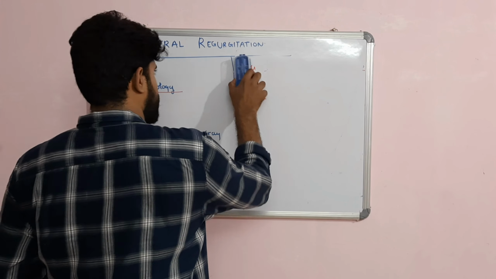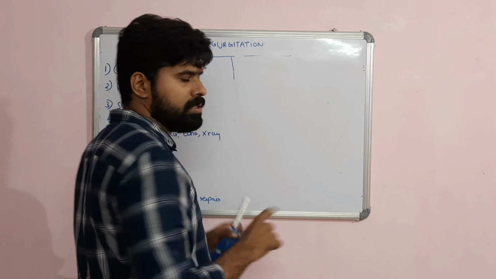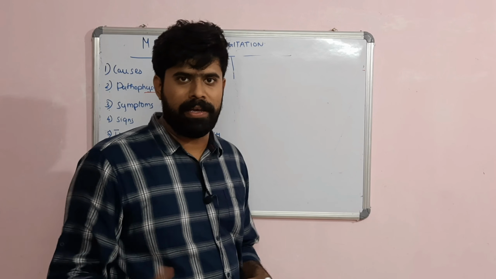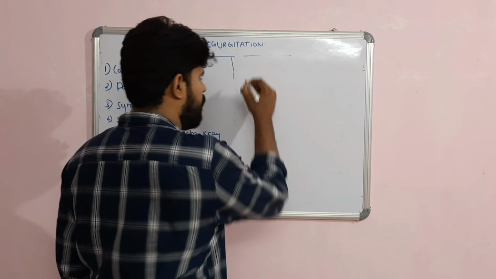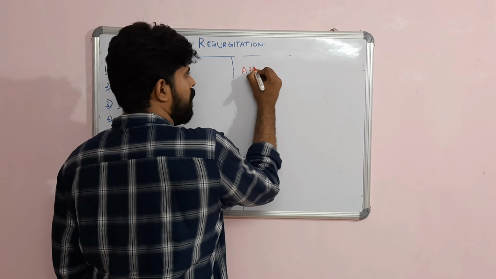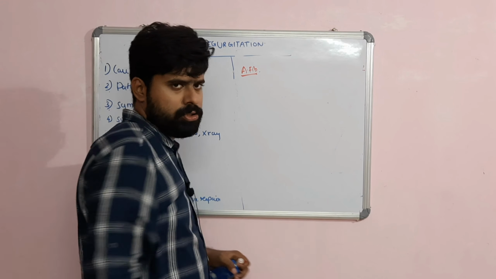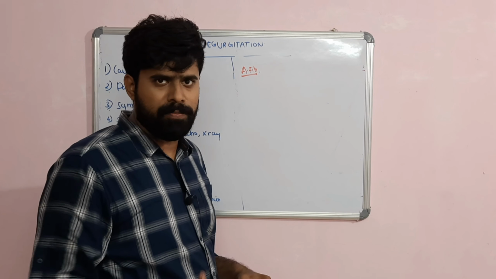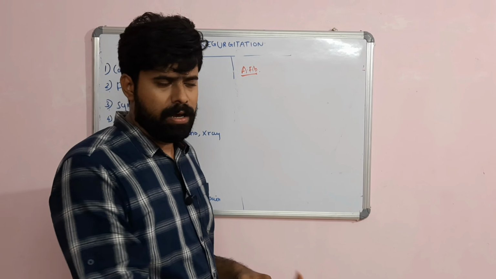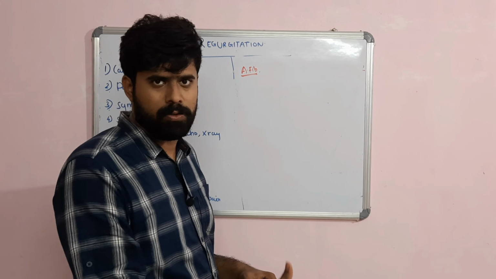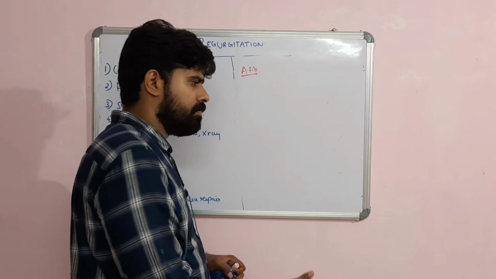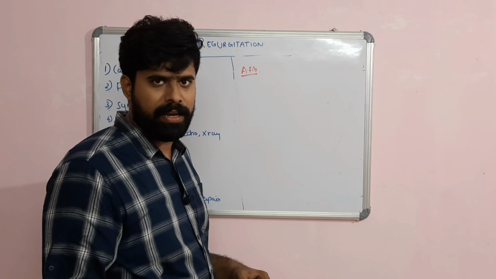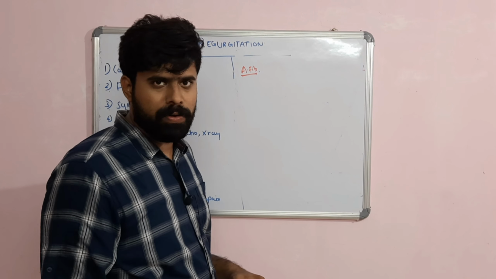Now, management. Medical management: you have to just see the complications. First complication is AFib, atrial fibrillation. You have to go for rate control or rhythm control depending upon other factors. Rate control in the form of beta blocker or calcium channel blocker; beta blockers and CCBs are most commonly used. For rhythm control, drugs like ibutilide can be used.